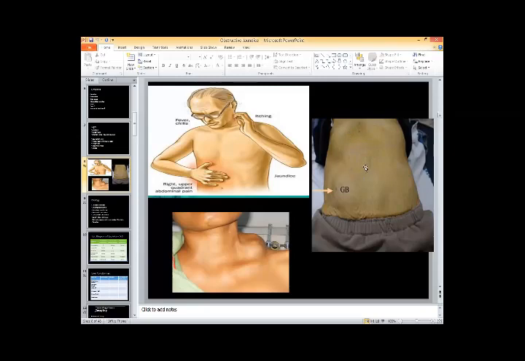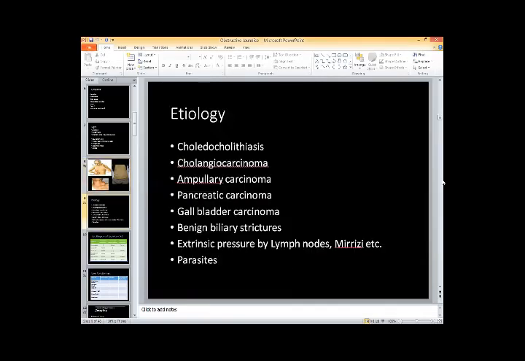In the presence of jaundice, if gallbladder is palpable, then gallstones are not the cause. So the cause would be some kind of malignancy in the abdomen. So these are Charcot's triad, Troisier's law, and Courvoisier's law. So, obstructive jaundice etiology. Actually, it's a very bad disease, but fortunately, the commonest cause of obstruction in the flow